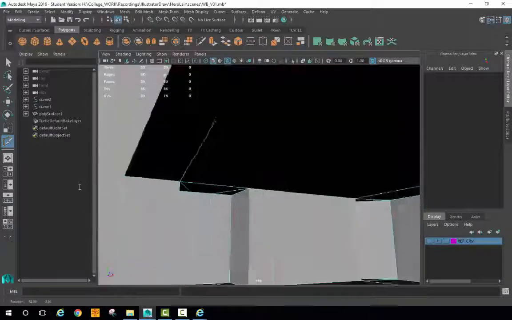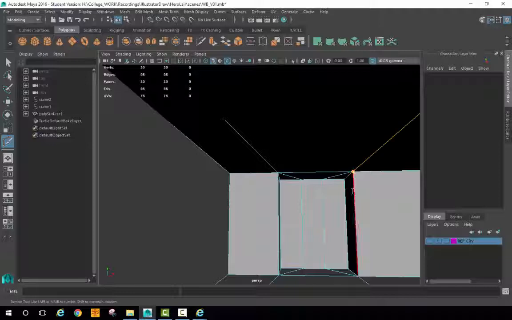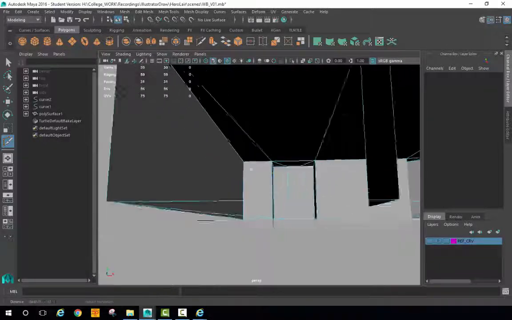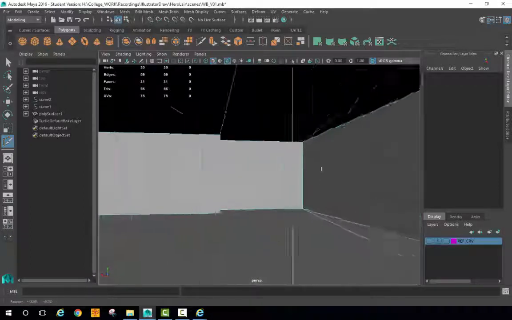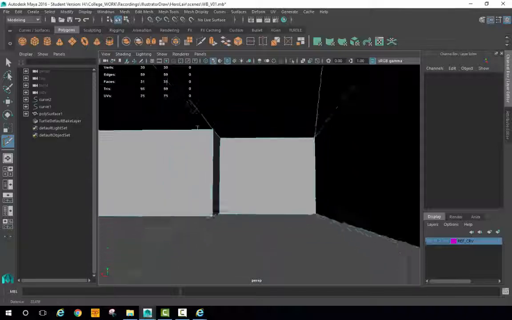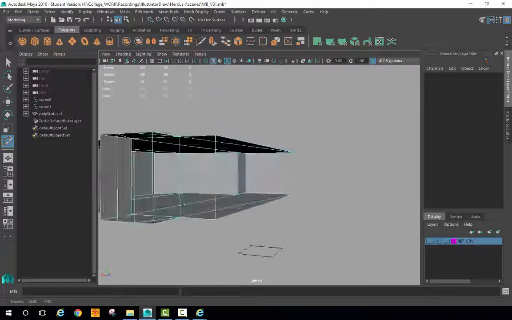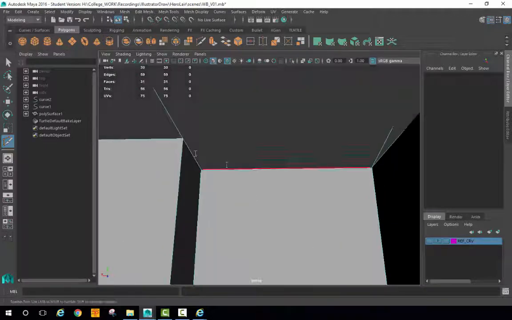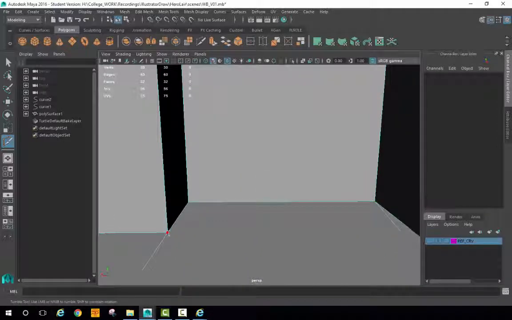This top one, two. I think I've just seen an error actually down here. Let's have a look at this. So we've got 1, 2, 3. Yeah, I think that's an extra one. So we need to just fix that one. And do the same on the bottom. So there we go. So now I've got a complete box,